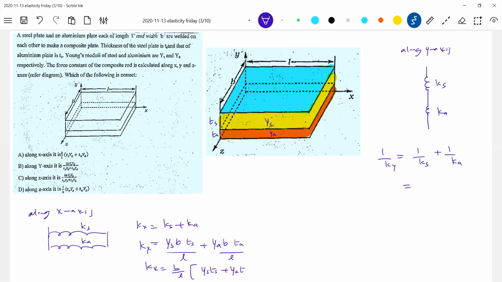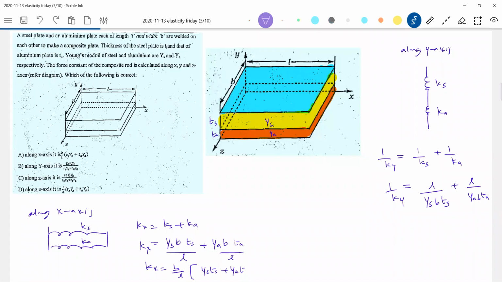So 1 by Ks should again use the same formula: L by Ys B Ts, plus L by Ya B Ta, and this is 1 by Ky. If you want, you can solve it or leave it this way. L by B you can take outside. So Ky is equal to